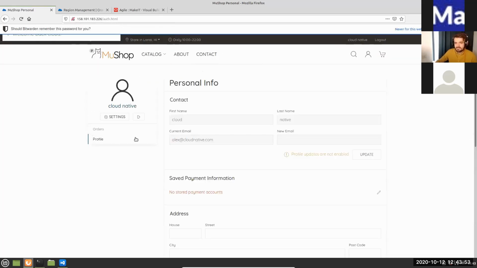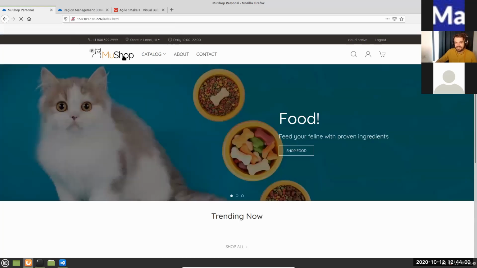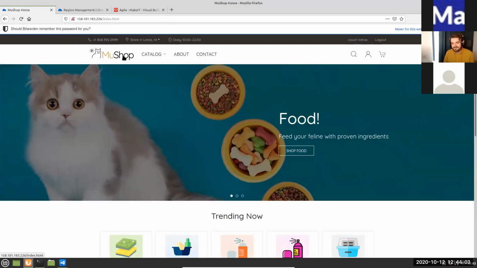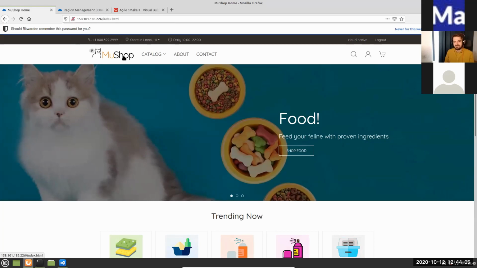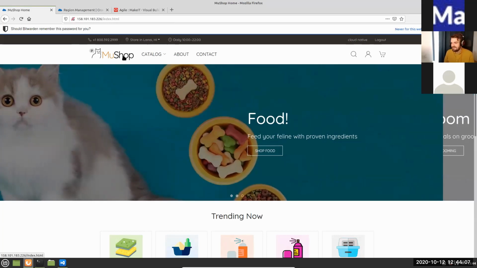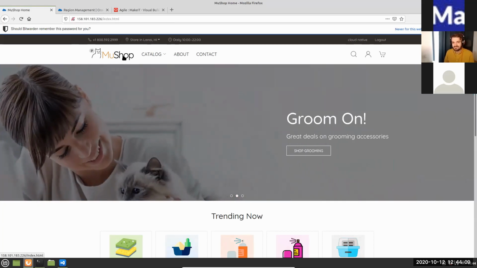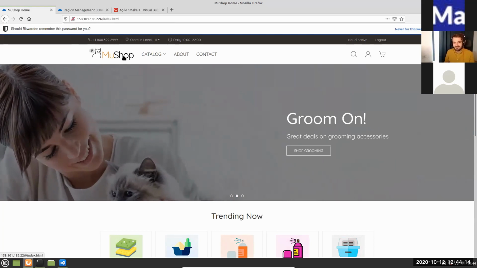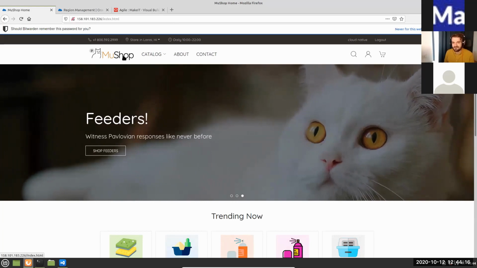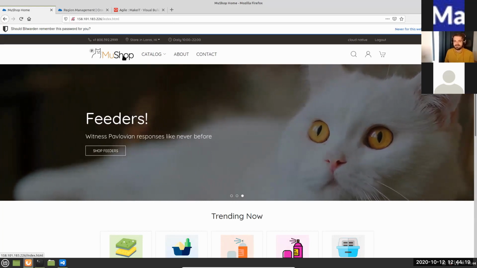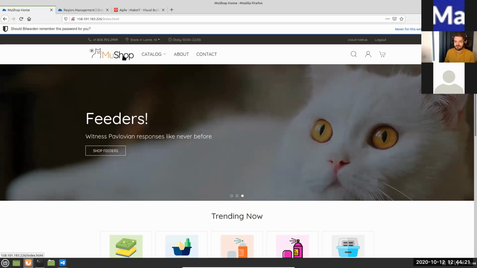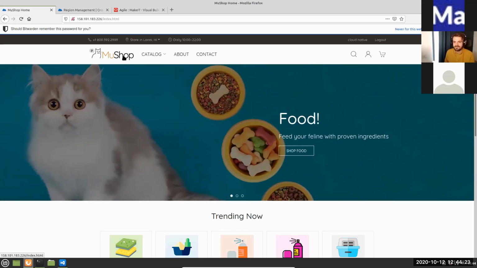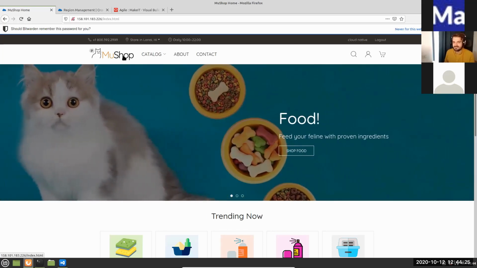So you can see we have a profile page. This is an e-commerce application. And if you're curious why we call it MuShop and why we see cats all over the place, fun fact, this was delivered by our brightest team, the Oracle A-Team, and it was implemented using cats, because if you want to be popular on the internet nowadays, you need to use cats. You have cat videos all over the place. So we thought, what if we create a shop, an application for cats? Probably this is going to be quite a hit. And to be honest, it quite is.